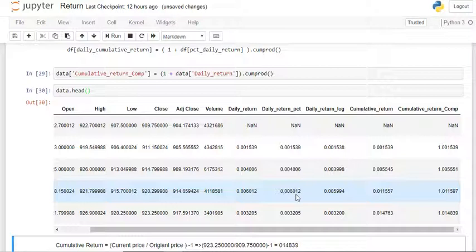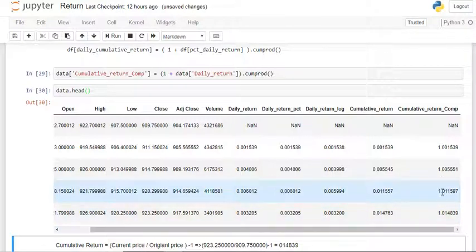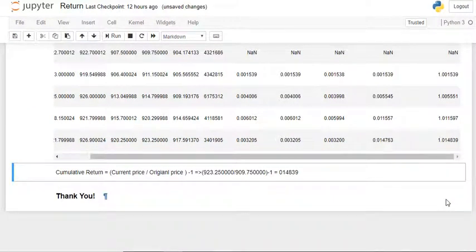Now here this 0.006012 has been calculated on this amount, 1.00551. And let's say on the last day this 0.003205 has been calculated on this amount, 1.011593. So it means that every day the value just gets added, and that is called the compounding